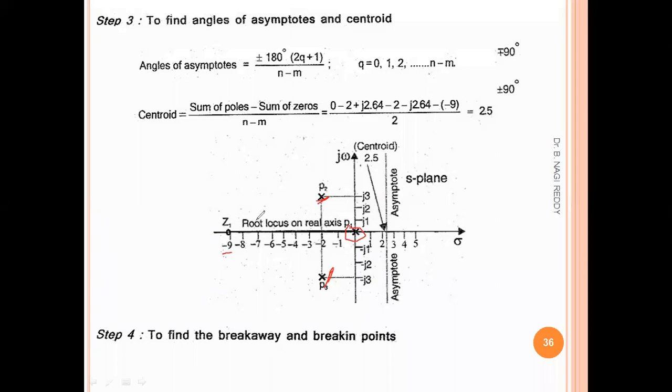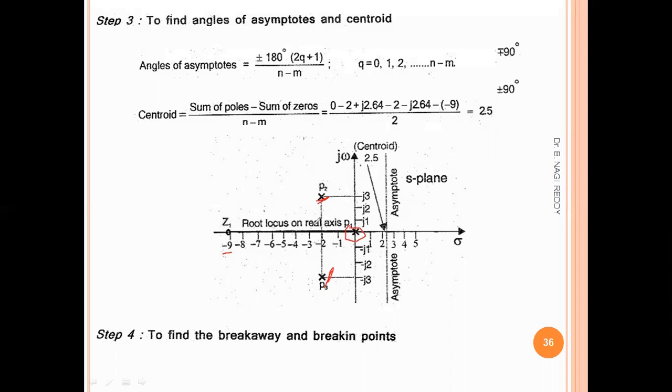The root locus can be drawn based on a few rules on the real axis. The root locus will start at a pole and end at a zero, right? That is only on the real axis. So we have one pole on the real axis and one zero on the real axis. So you can draw the root locus from this pole P1